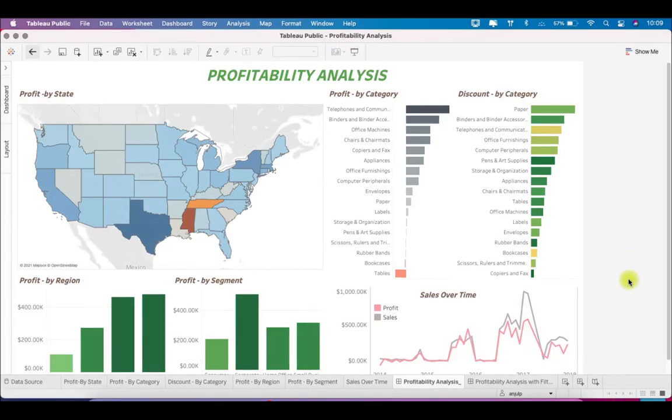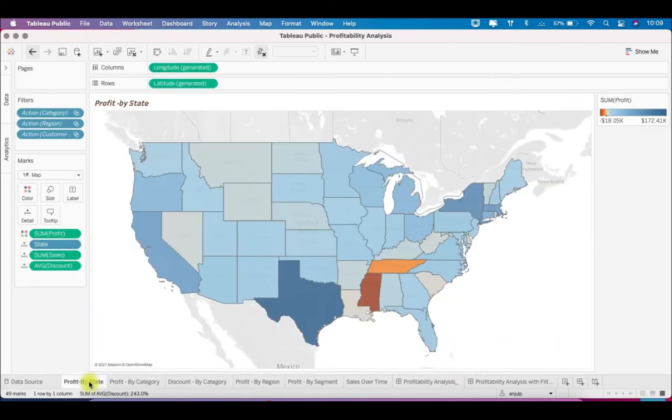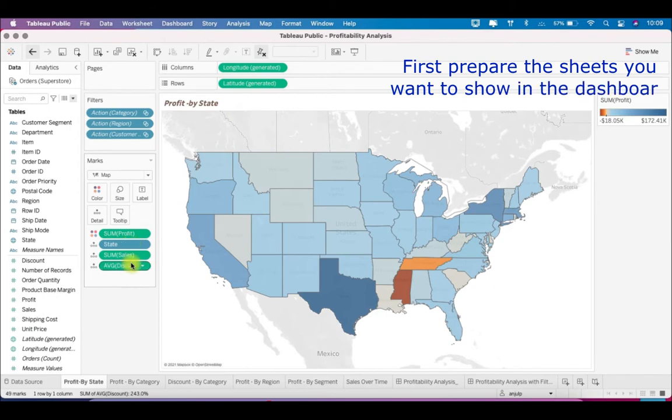So this is a Tableau dashboard which I have built out of the Superstore dataset, and you can download that using the link in the description of this video. And here, let me guide you through the sheets which I have built. So first one is the profit by state. So simply click the state and then pull in the profit, sales, discount, whatever you want. I have used profit for color coding and remaining sales and discount for the tooltip.